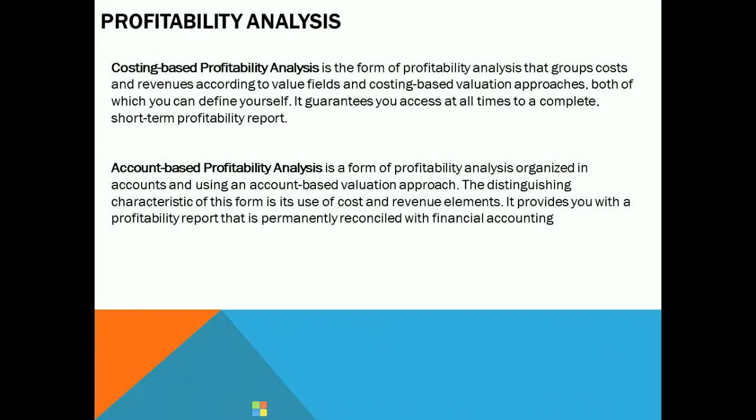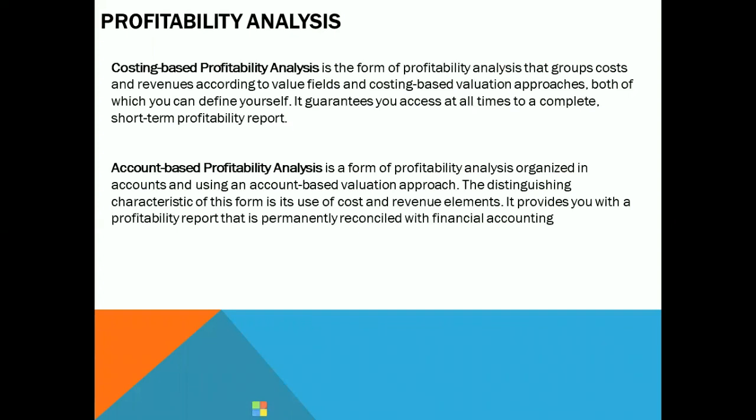But I want to see the total value of the cost of goods sold split out: what are the total material overheads, what are the total labor costs, indirect labor costs, what is the total sales overhead, what is the total administration overhead. I would like to see the splitting of all the overheads in the cost of goods sold. But that feasibility is not available in account-based profitability analysis. So many customers rejected account-based profitability analysis and went to the costing base.